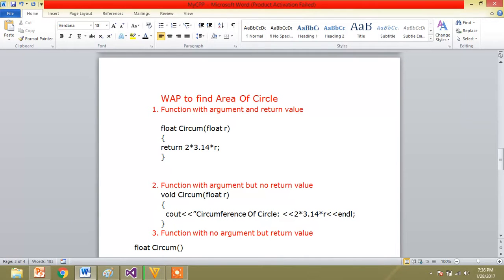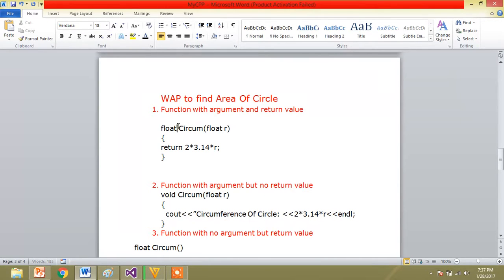area of circle. Okay, to find the area of a circle, you're going to write it by using a function with argument and return type. Return type is there. The formula for the area of a circle is pi r square, 3.14 into r into r.